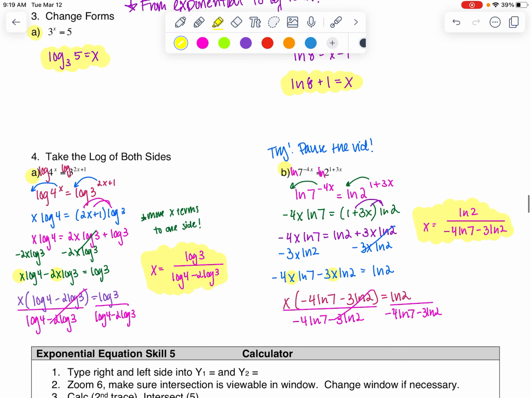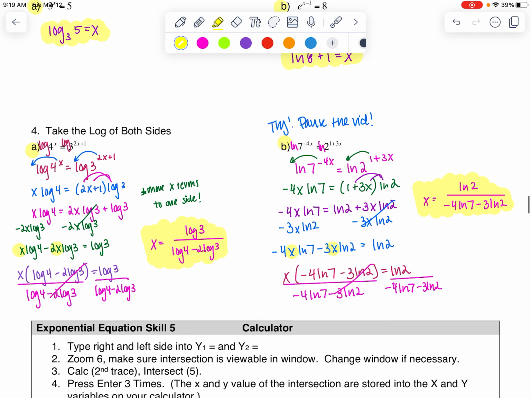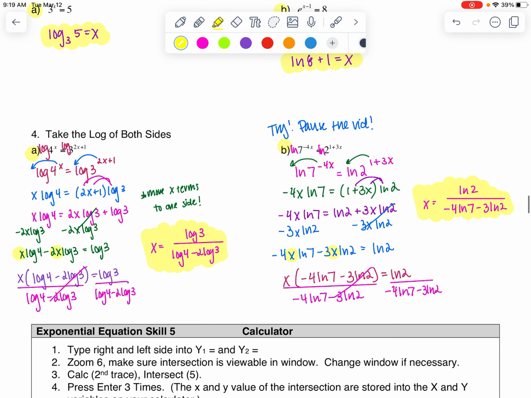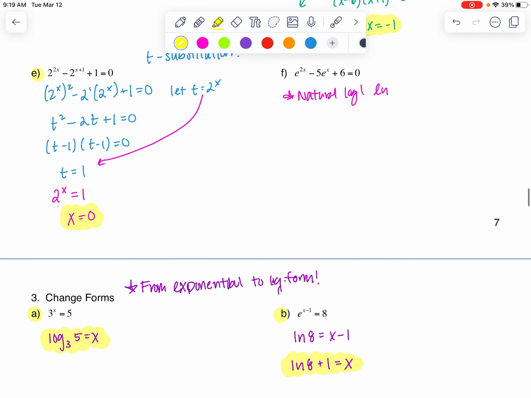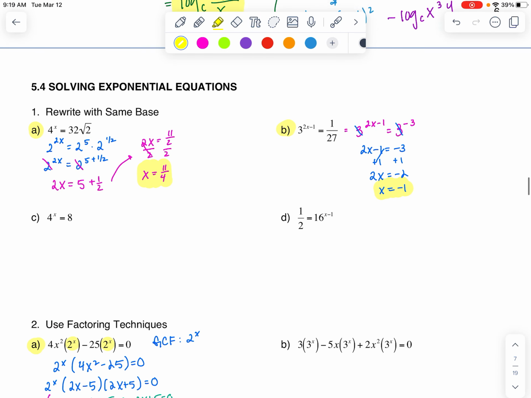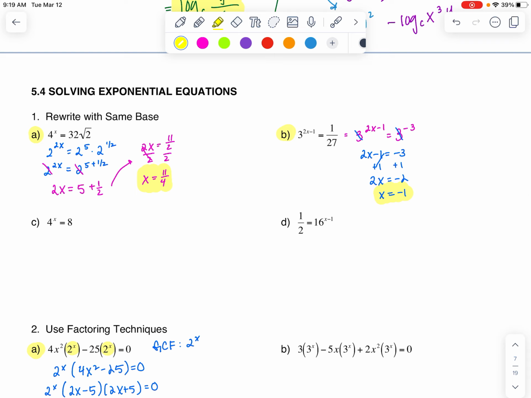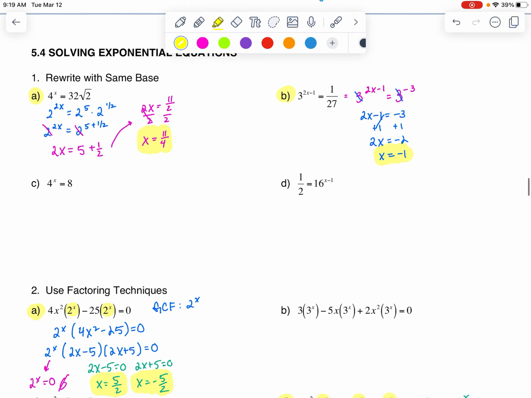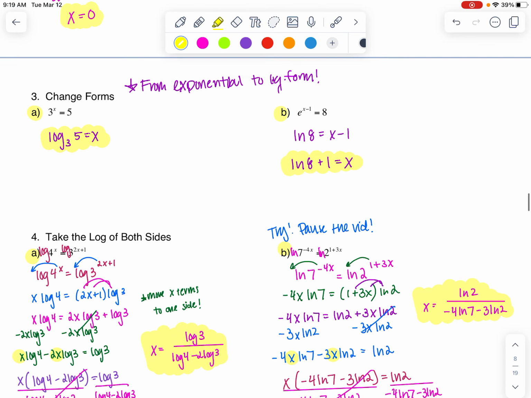All right, so that is all I'm going to say with all of the solving of the exponential equations. For the examples that I did not do with you in this video, you will be expected to do them on your own, right? And then check to see if your solutions match with mine on my answer key. The last part that I do want to go ahead and talk about